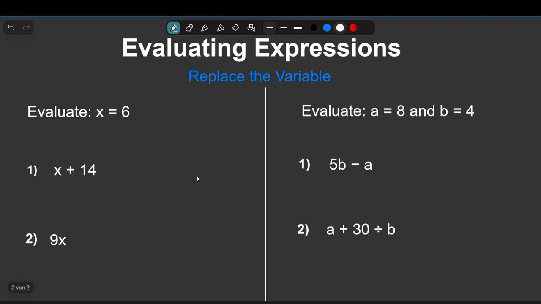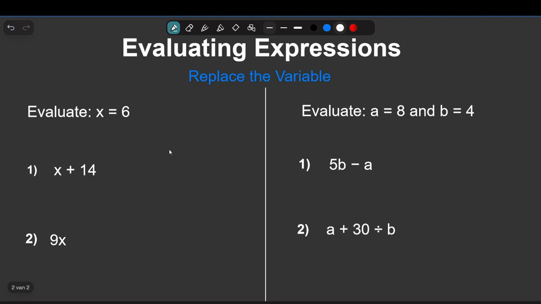So we will go through two examples where we're going to evaluate one variable and two examples where we're going to evaluate two variables. These examples will help us learn how to evaluate expressions using substitution. They will set us up for success moving forward and give us a strong foundation to build off of once we start evaluating more complex expressions. So let's jump into number one where we have